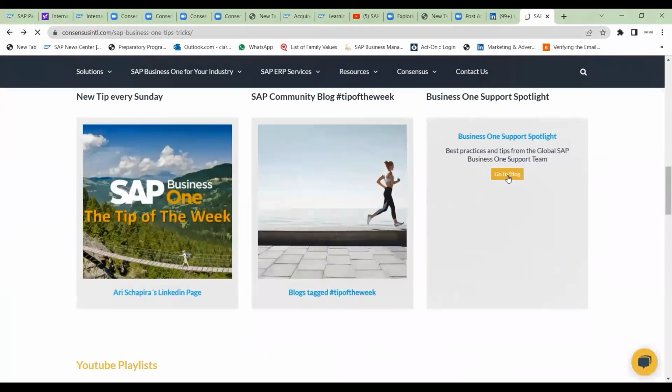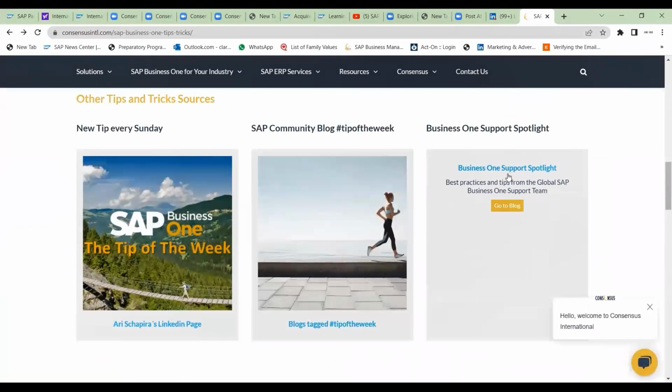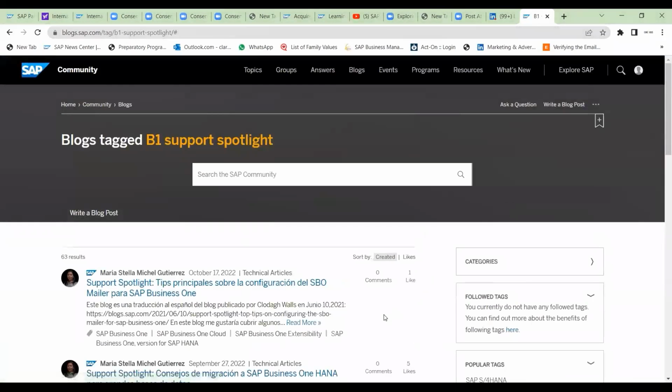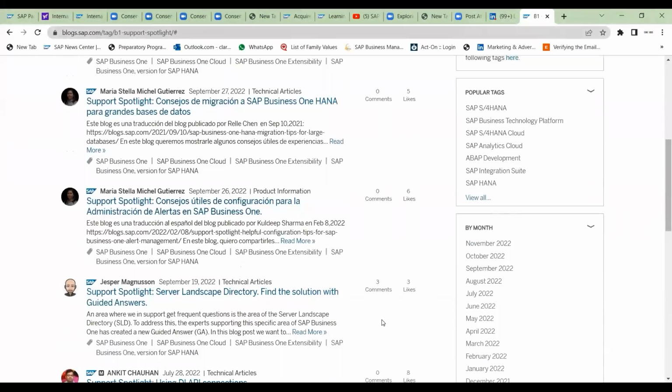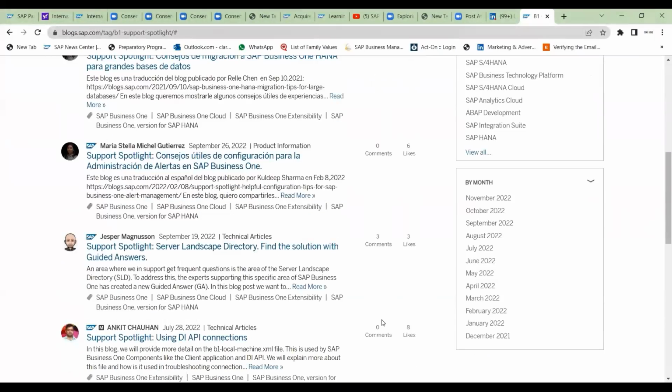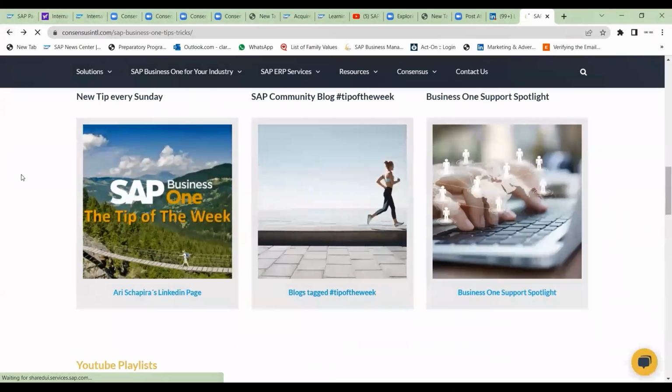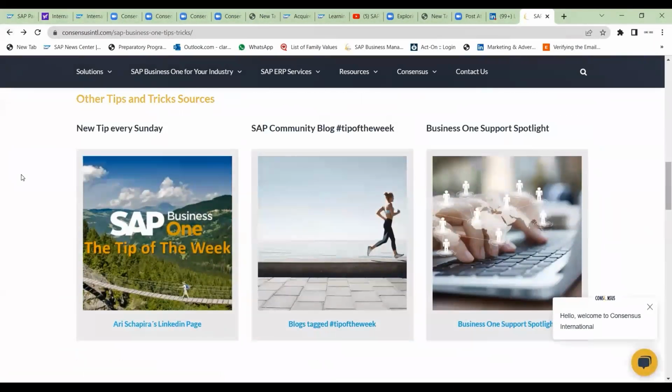And if you click on the other link to the community blog post, you will find a slightly different type of content. This one is generated by the support team at SAP. And these are tips that they are sharing, a little bit more in-depth articles and probably more geared toward technical type of users. So again, you find all these links here on the SAP Business One Tips and Tricks portal